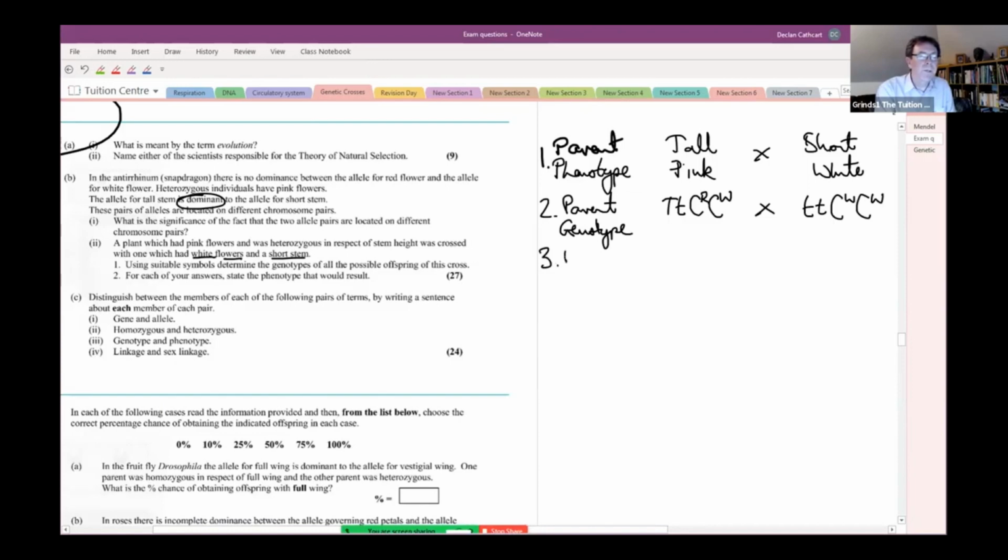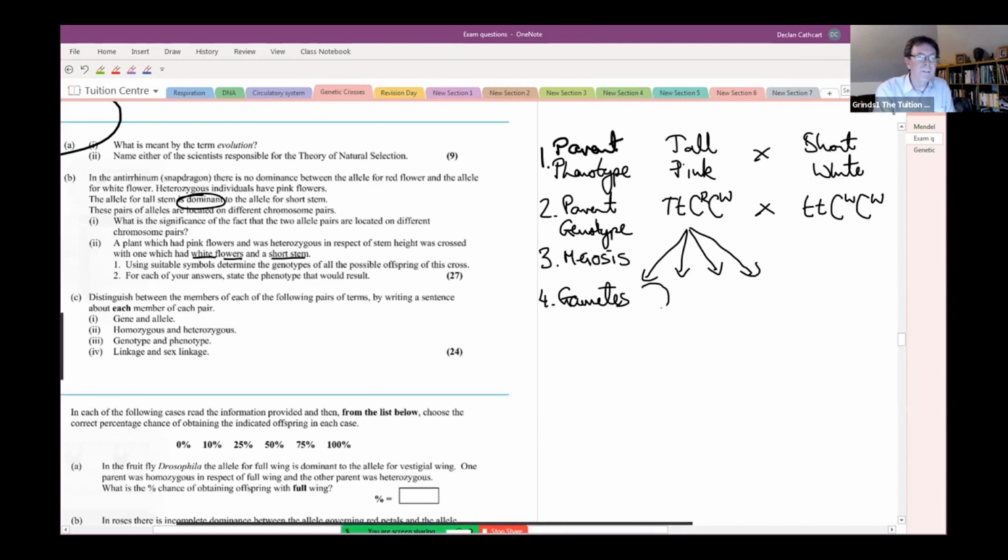The third thing we're going to put in then is our process of meiosis. The only thing that you use for meiosis is arrows to represent what's going on. So 1, 2, 3, 4 different possible outcomes for this when we list what are called the gametes. Okay, so we're using the arrows to represent the fact that meiosis is occurring, and we're going to end up with 4 different gametes. The first gamete